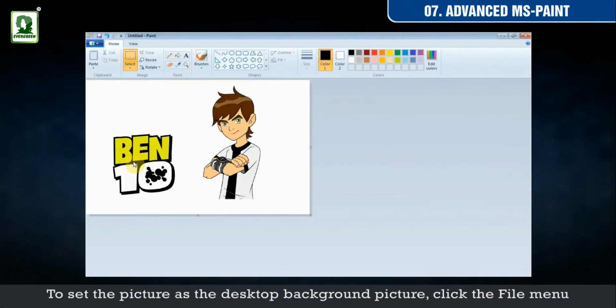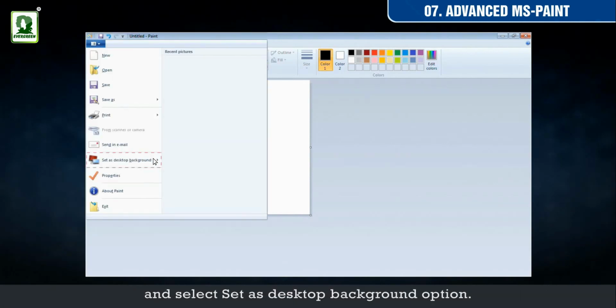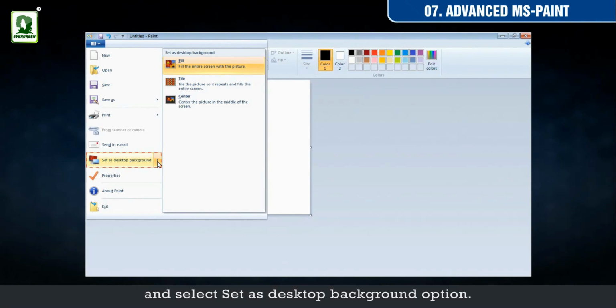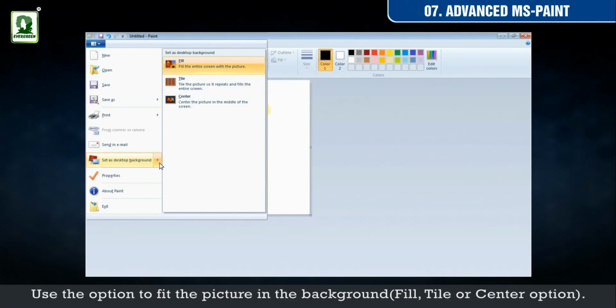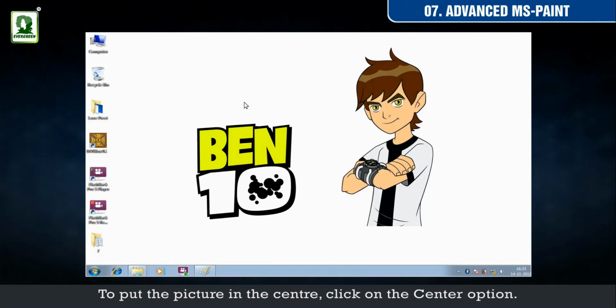To set the picture as the desktop background picture, click the File menu and select Set as Desktop Background option. Use the option to fit the picture in the background, fill, tile, or center option. To put the picture in the center, click on the Center option.